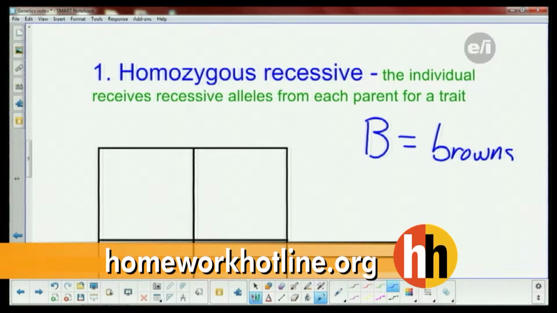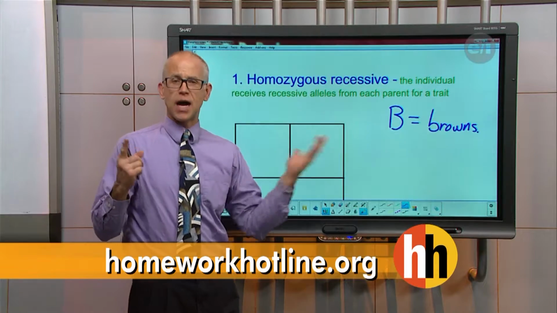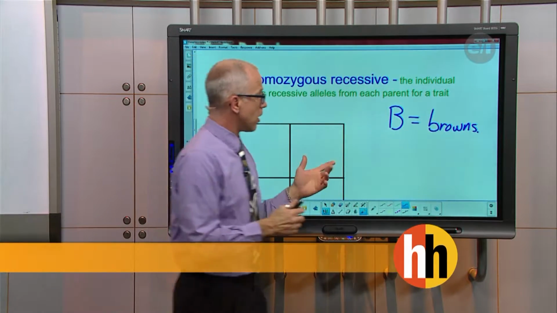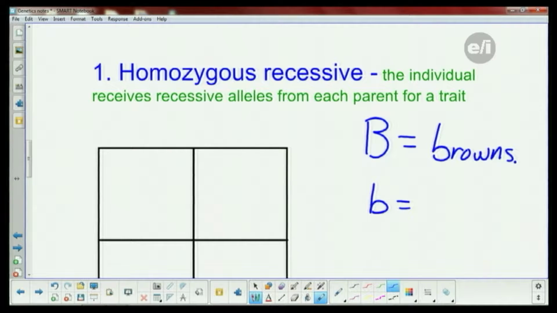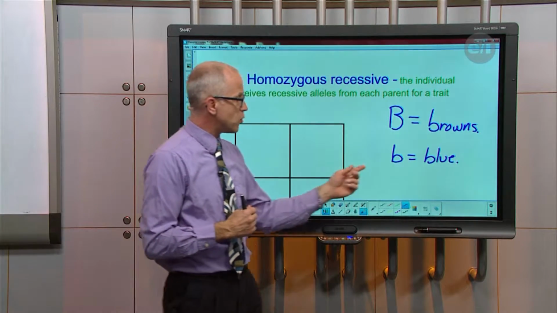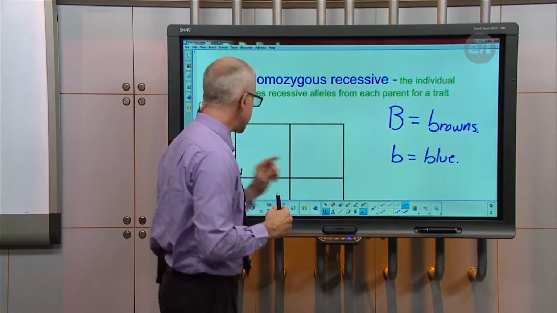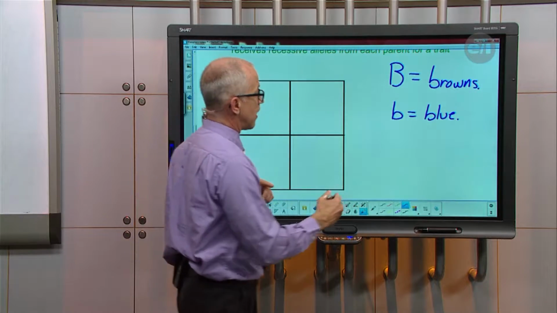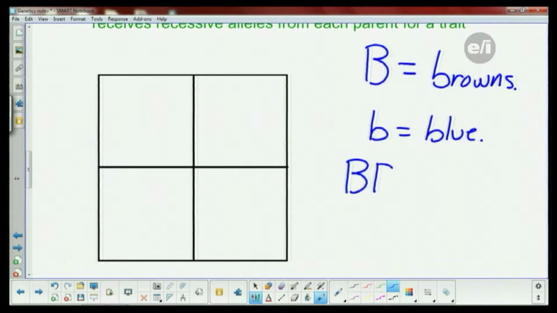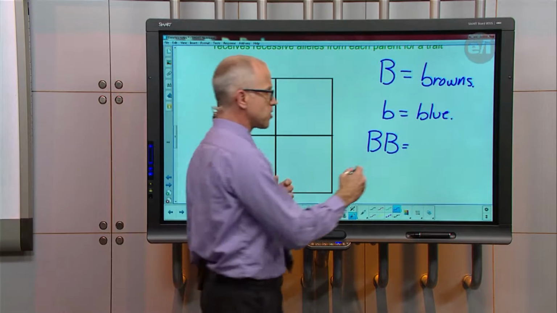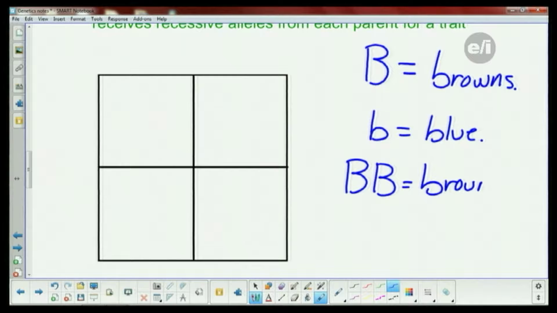If you're a person with brown eyes, you know that you have at least one dominant allele for that specific trait. And we're going to let the little letter b equal blue eyes. Blue eyes is a recessive trait. The only way you're going to have blue eyes is if you have both little letters. Which leads me into this: you can have two combinations to have brown eyes. You can be homozygous dominant, which means you get both dominant alleles, one from mom, one from dad, and you're going to express brown eyes. And you can also be capital B, little b, which gives you brown eyes also.